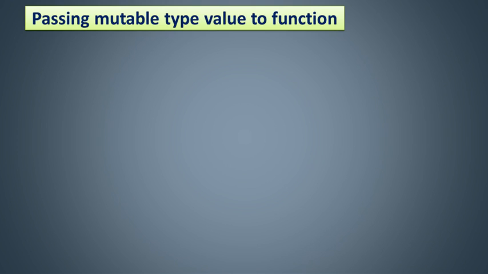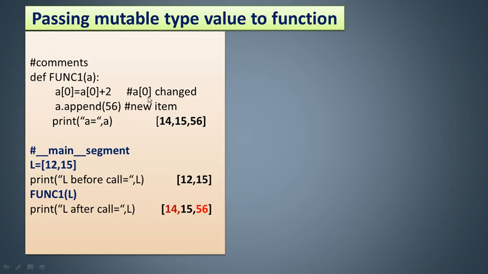So focusing on your list actually, we have a list here. The code looks like this. In the function body, a is a formal parameter, and here you can see we have changed the element of this a. So a is a list actually. Now, when you run this code, it will start from here. You can say L equal to 12 comma 15. Now the value will be displayed as 12 comma 15. When you have a call of the function, L is assigned to a.